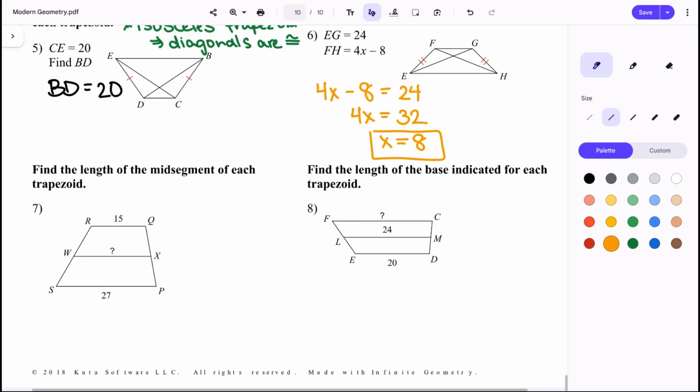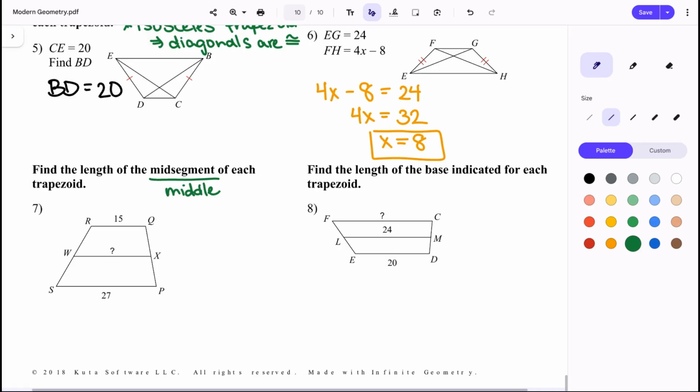These last 2 are dealing with mid-segments. We've talked about mid-segments before on triangles, okay, just like we talked about isosceles triangles, and now we talked about isosceles trapezoids. Now we're going to talk about mid-segments on the trapezoid. If we want to figure out what the mid-segment would be, remember mid-segment meant middle. So like on a triangle, we had the middle of 2 of the sides being connected. That's kind of happening here. We have the midpoint of the non-parallel sides being connected,